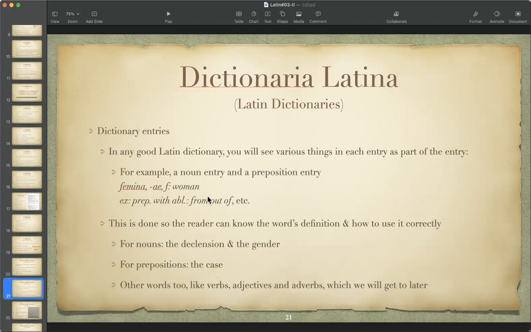So the dictionary is not only a way to look up what a word means, it is also a way to look up how that word is used. And what I'm referring to in the case of nouns are the declension and the gender. For prepositions, the case it might take. And for verbs, we'll get to all the other verbs, adjectives, adverbs later. But the dictionary can give you a wealth of information. And in fact,